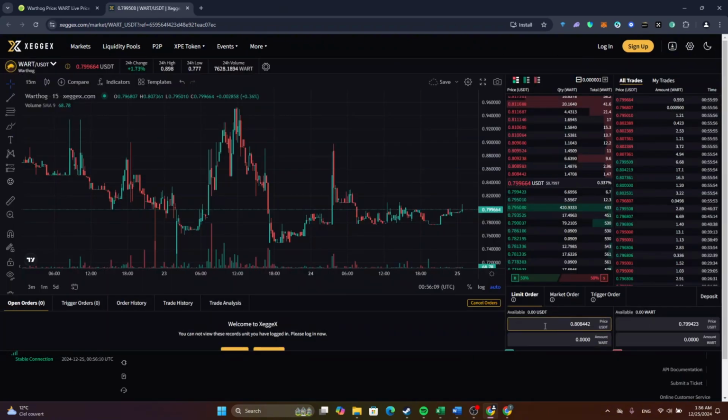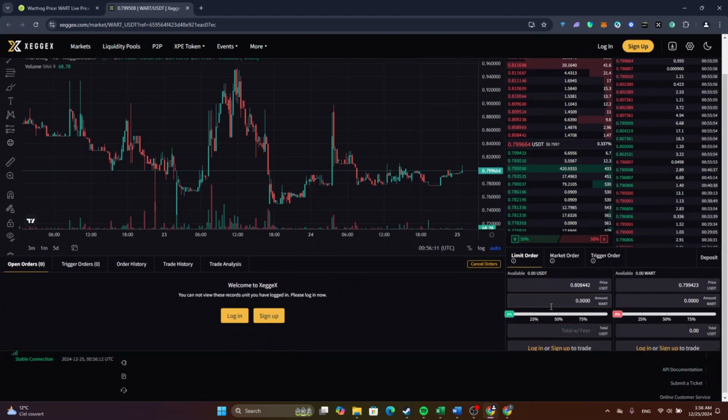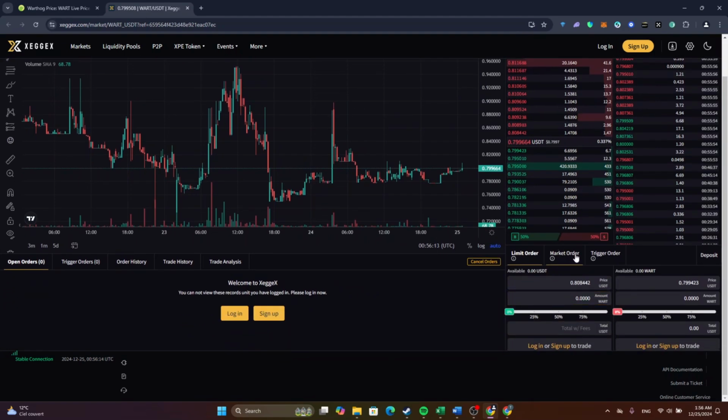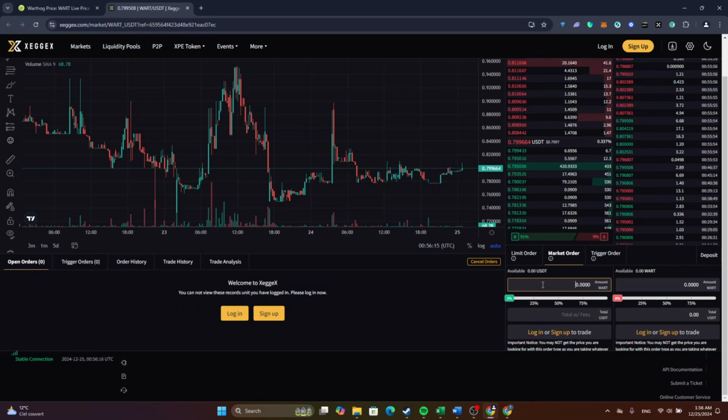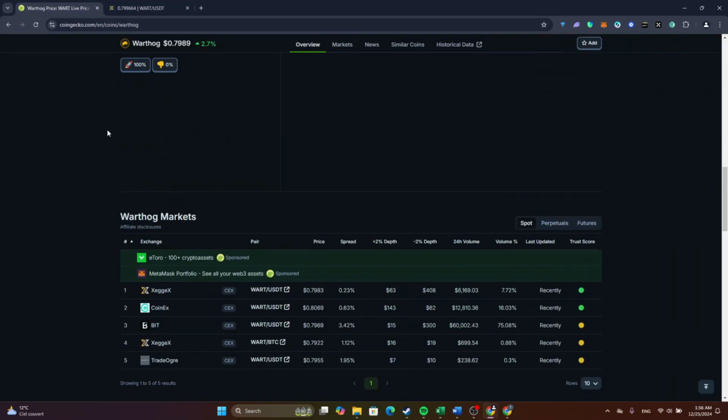Now after that, as you can see from here, you can now buy this token. Select the market order, enter how much you want to buy like this, and click on buy here to be able to buy this token. So this is how to buy the